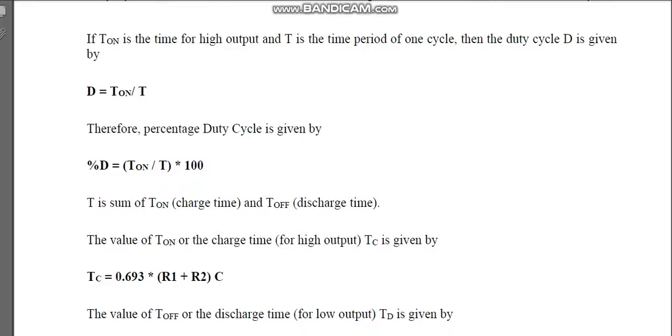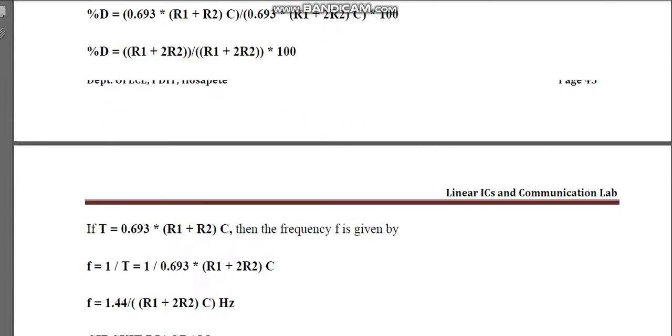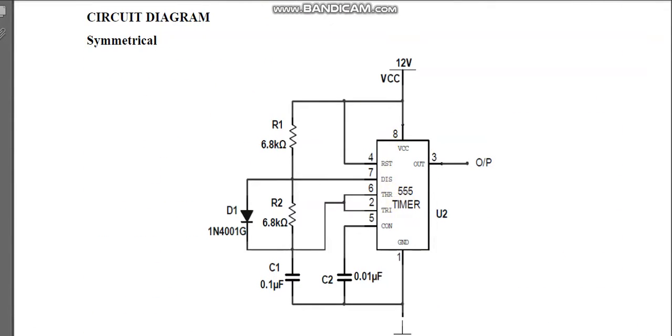I'll first show you the circuit. Look at the circuit. Here we have connected pins 4 and 8, the power supply points, where 4 is the reset point and 8 is the power supply. Both have been shorted and given to VCC. From 4 to 7 we have connected the resistor R1, and from 7 to 6 we have connected another resistor. I'll tell you how we got 6.8 and 6.8 in the design.